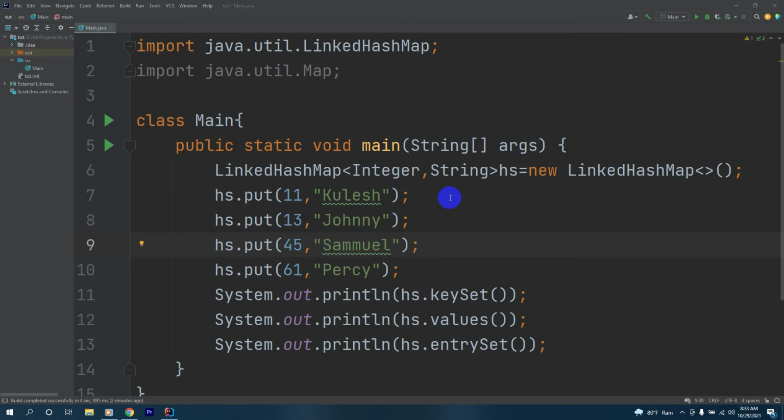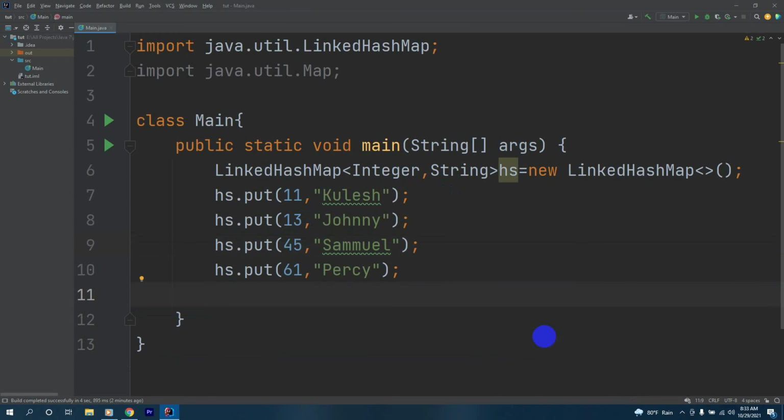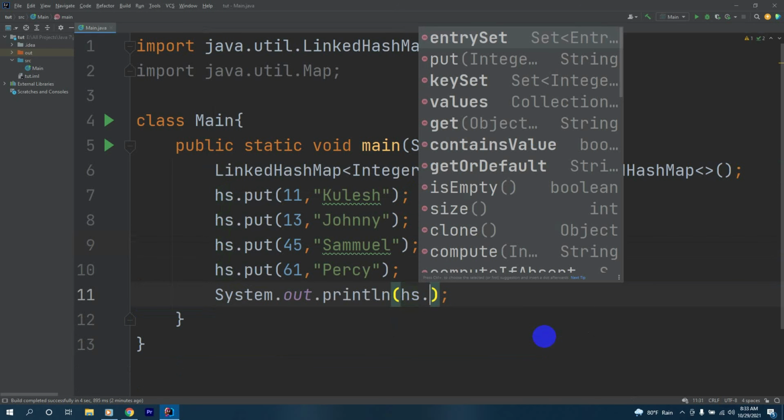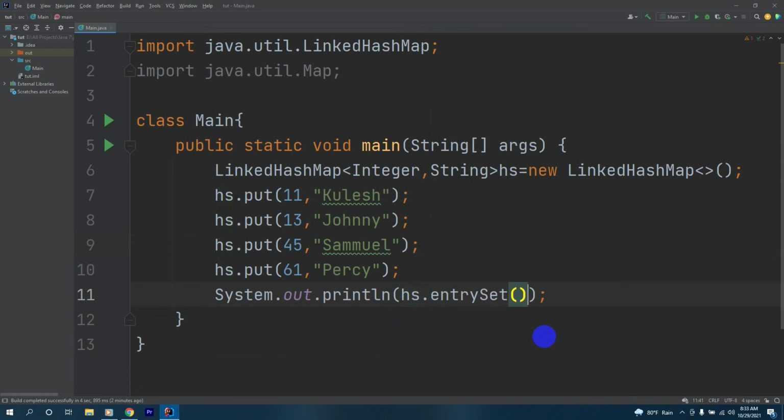Now we'll see how to implement the remove method for our LinkedHashMap. First of all, let's remove all this code, and we'll have a print that prints all the keys and values of our LinkedHashMap.